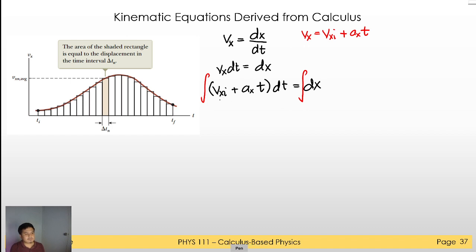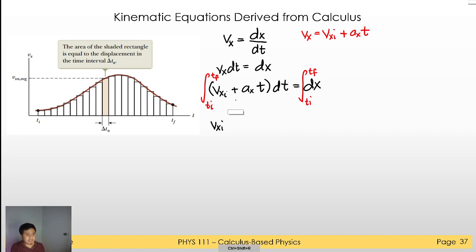So if we integrate this function, we have this as a constant, the initial velocity is also constant. We are only integrating with respect to t, which is our variable, so we can disregard the constants. Now, for the limit, I forgot to put in the limit. The limit is from ti, the initial time, to the final time, for both. And integrating this, we have